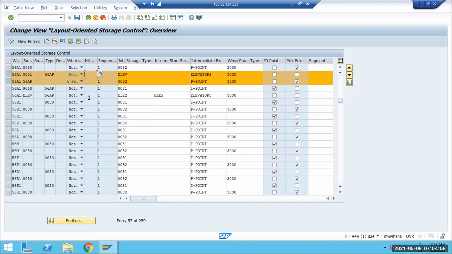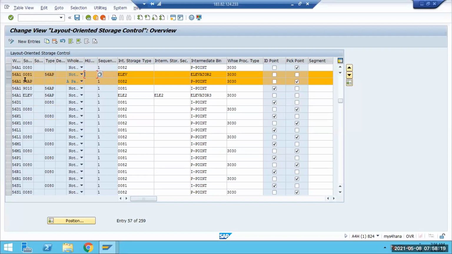Similar to that. See, the way we have discussed for the inbound, the same way it will work for the picking, like for the outbound. Now, the key concept for the outbound side is, initially we were saying source to destination in case of inbound, wherein destination storage type was the key. Now, in case of picking, it is opposite.